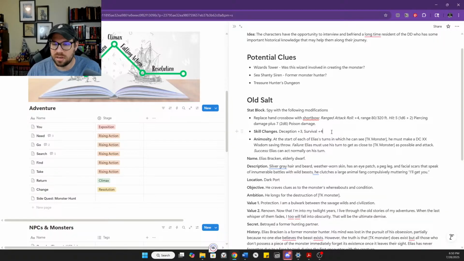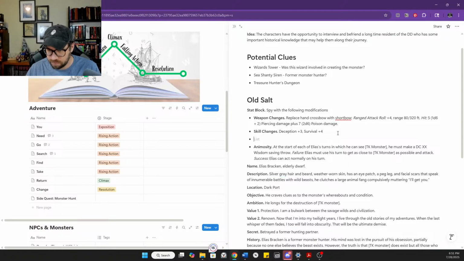And then we can say, let's see here, weapon changes, just to keep that consistent. Obsessed hunter.